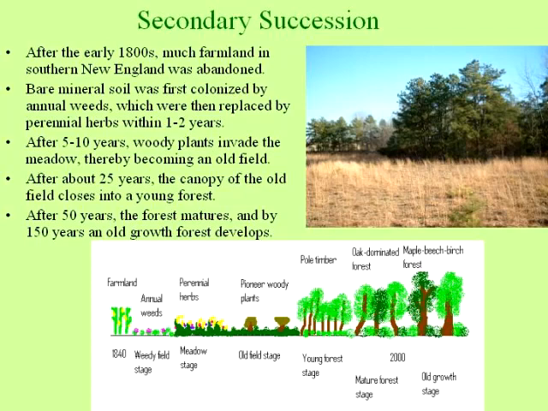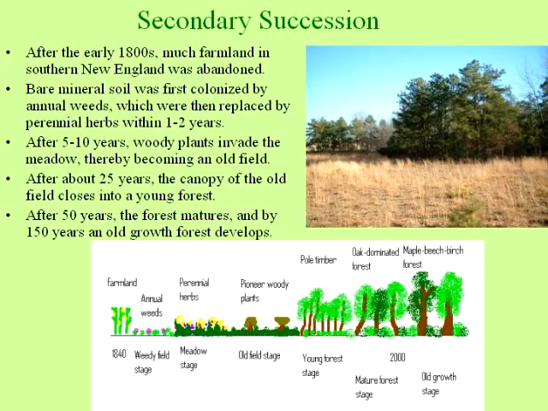Over time, some of these trees would have died, the forest stand would open up, and other species would colonize that, reproduce in that shade. Oaks, in particular, in southern New England would come to predominate. Many of them might have actually become established in the old field stage, but because they're slow growing, it wouldn't have been until about 50 years that they would have become a noticeable component of that forest.